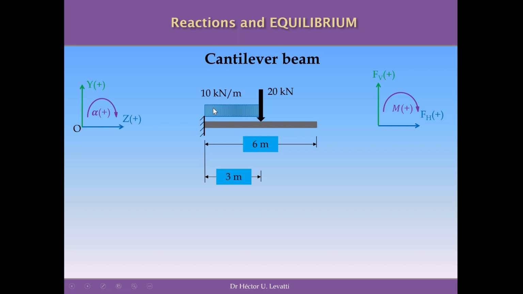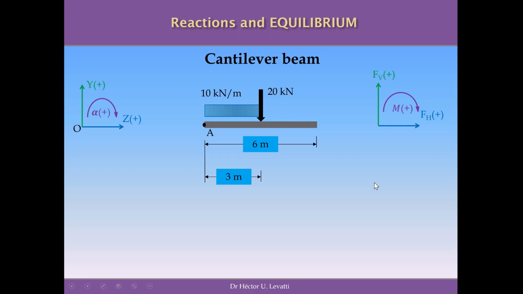That is to say, a uniform distributed load of 10 kN per meter from the beginning of the structure to the middle, a punctual load of 20 kN applied in the middle, and the fixed support is at the left extreme of the beam. Again, we remind the convention for displacements and rotations, and the convention for the sign of the forces and the moments. We are going to define a point A where we have located the fixed support, and in that point we are going to